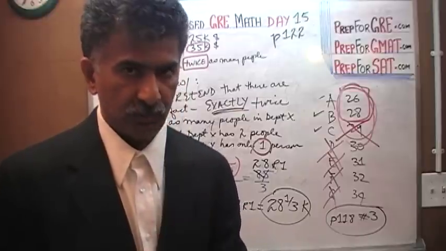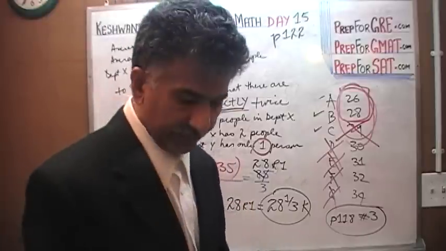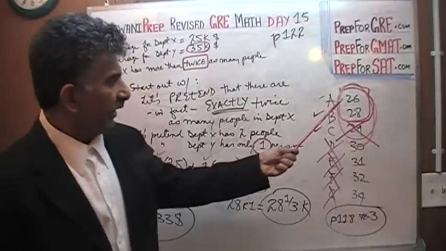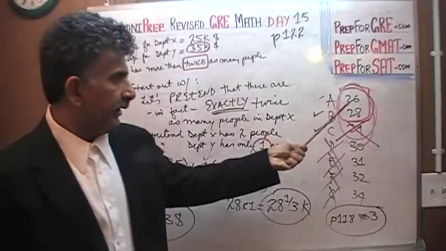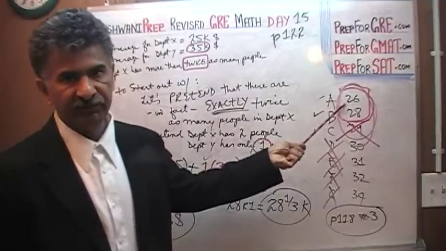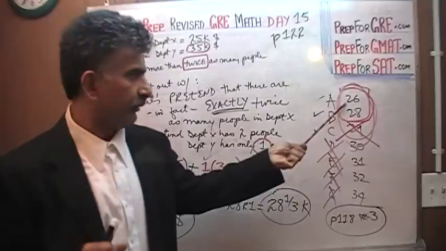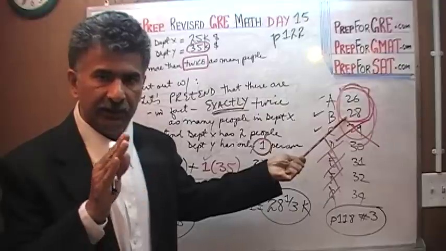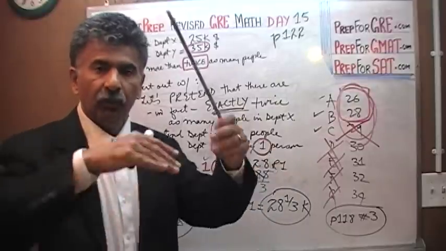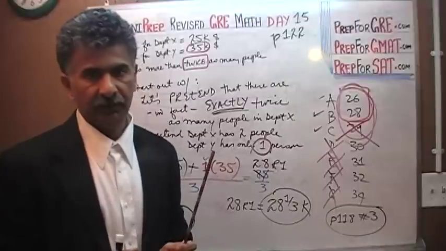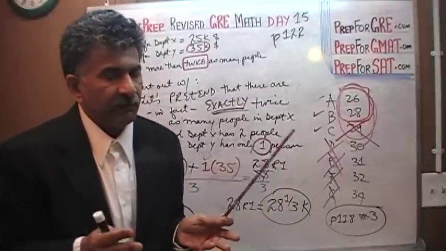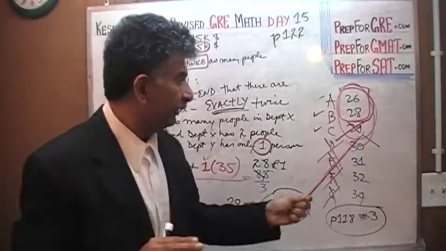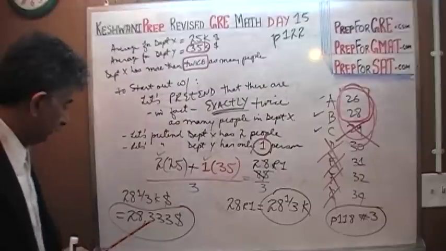What I'm going to do tomorrow, in the next video that I'm going to make, is show you exactly how many people we will have to have in department X and in department Y in order for the overall average for the entire firm to be exactly $26,000. I'm also going to show you exactly what the proportion needs to be in department X and in department Y for the overall average to be exactly $28,000, which is not required for the problem. The problem simply says which of the following could be the average. Average could be 26, average could be 28, but it cannot be 29 because 29 is above